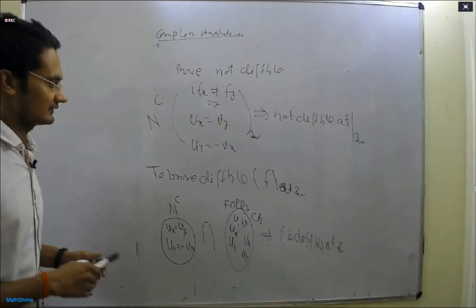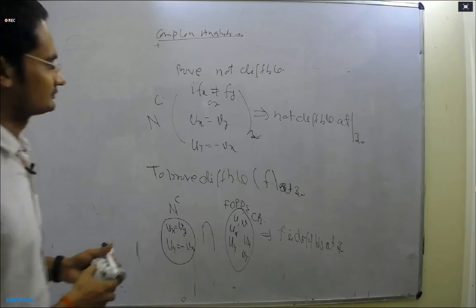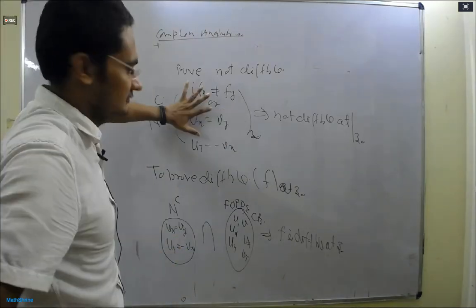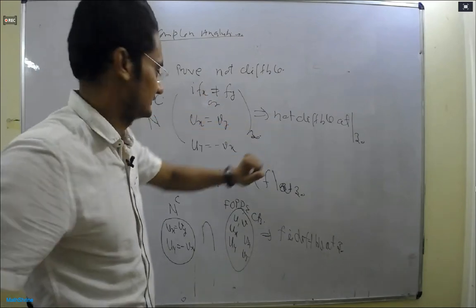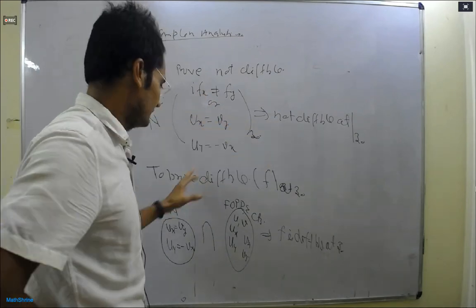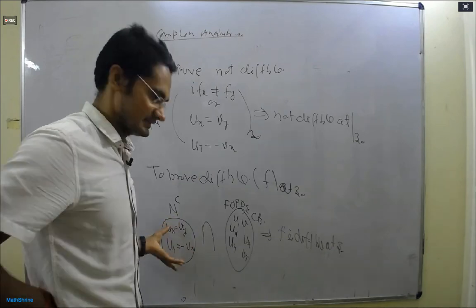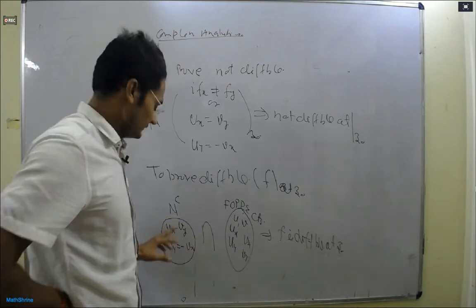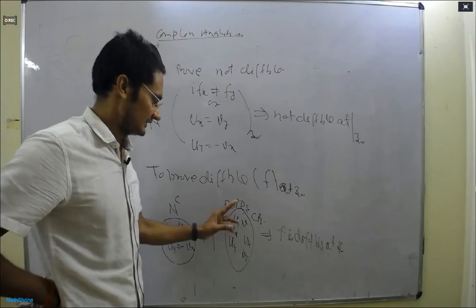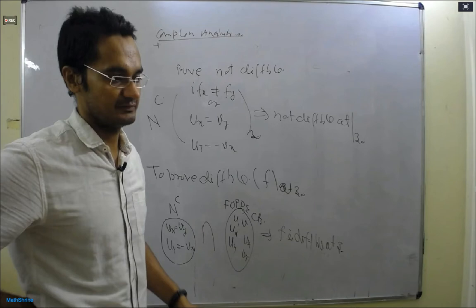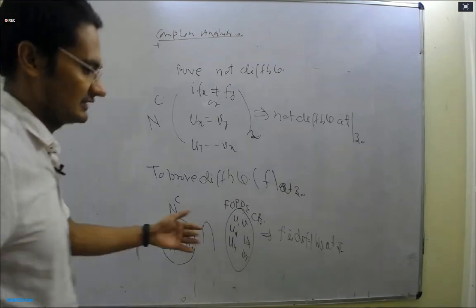Okay, so again, whenever we need to prove a function is not differentiable, we will use this necessary condition not being satisfied. Whenever we need to prove it is differentiable, then we use the necessary condition, I mean the CR equations are satisfied and the first partial derivatives should also be satisfied. Then we say the function is differentiable.